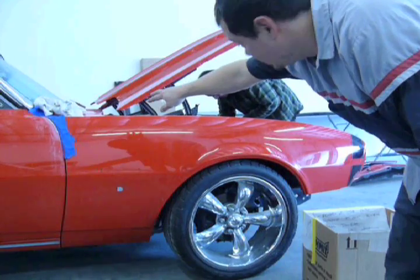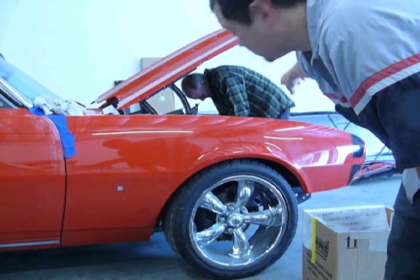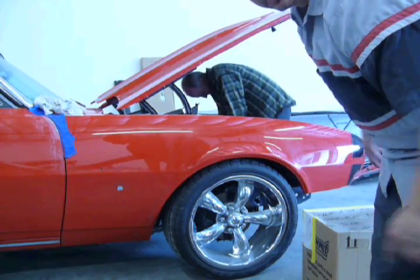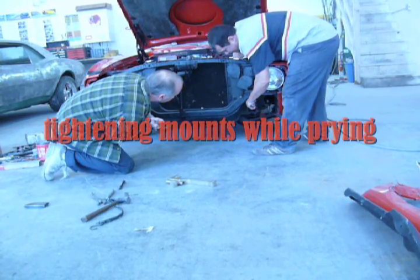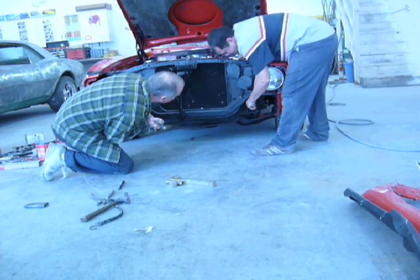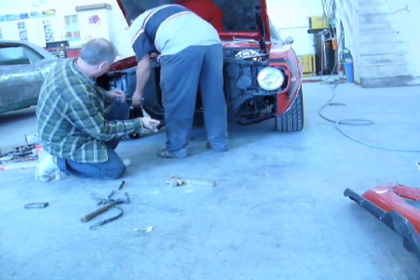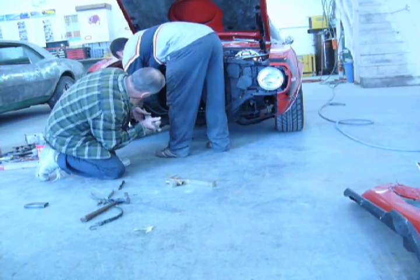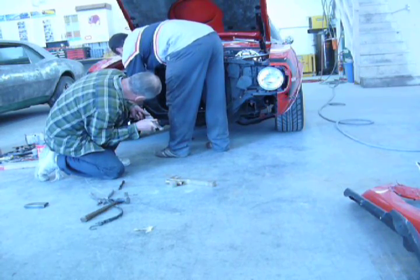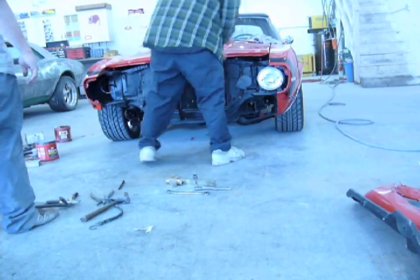So we got the hood lined up to the cowl, and the radiator support shifted, so we're loosening up all the mounting bolts to the support, and we're going to shift it over, and then that'll give us good gap to the hood. Ready? Yep. So we got the gaps a lot better,